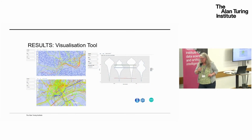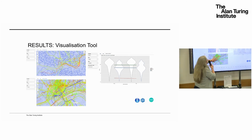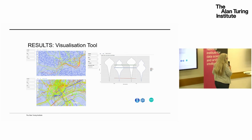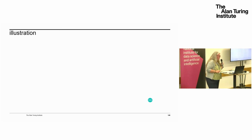And we developed a visualization tool so that we can actually highlight those people who are actually using their Met hours, so they're very highly active, or we can look at people by modal trips, so we can look at people by age and gender. And I think I'm running out of time. Finally then,